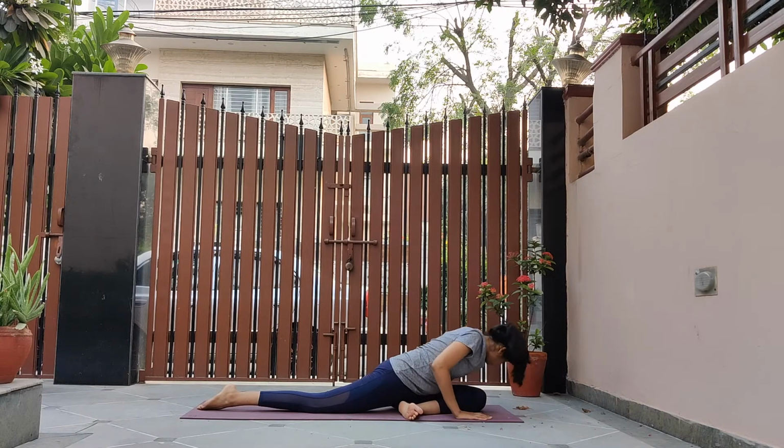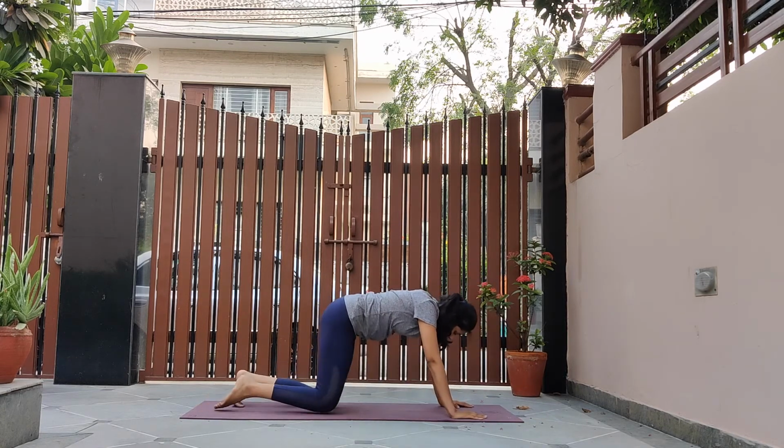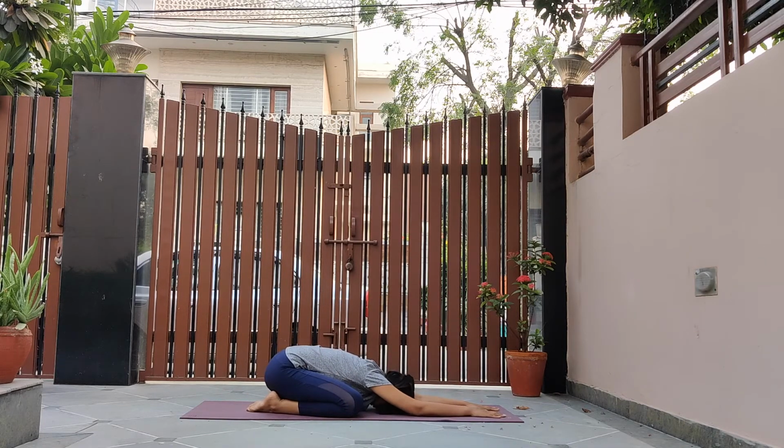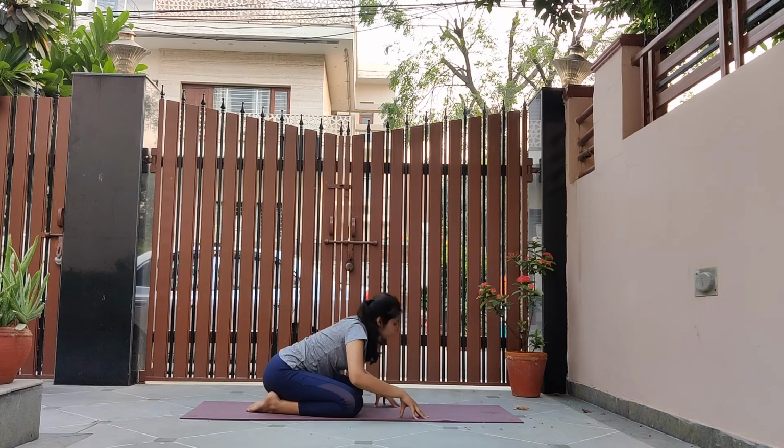Slowly rise up back in tabletop pose, coming to wide-legged child's pose. Bringing a little distance between your knees, extending your arms straight, bringing your forehead down onto the mat and sitting on your heels. Slowly rise up back,